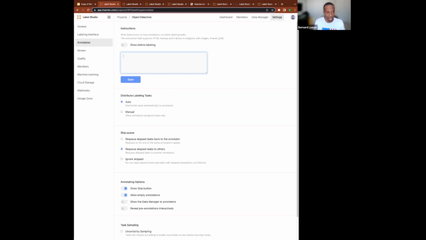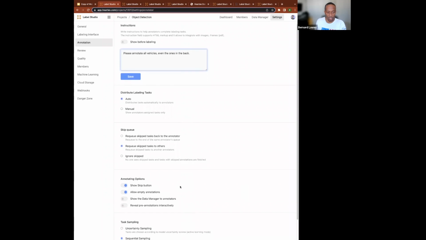We can say, please annotate all vehicles, even the ones in the back, right? So in that case, we can provide instructions directly to the annotators. We can allow them to skip an annotation, and if skipped, how is that requeued? Is it sent back to the annotator or sent back to the